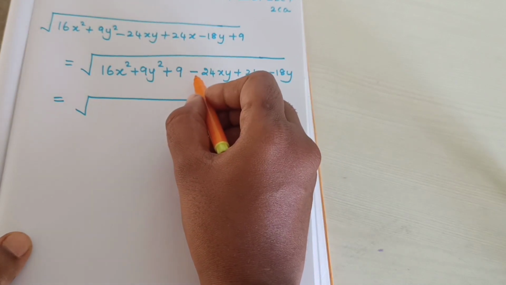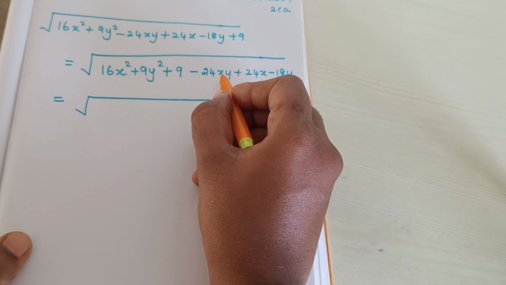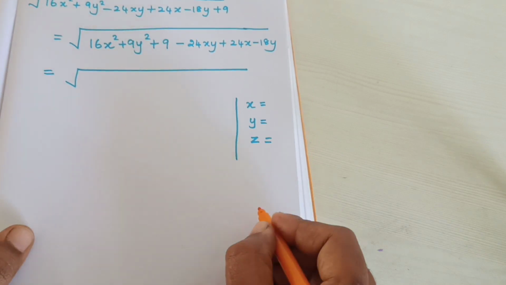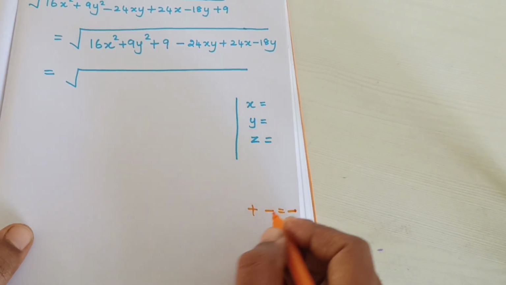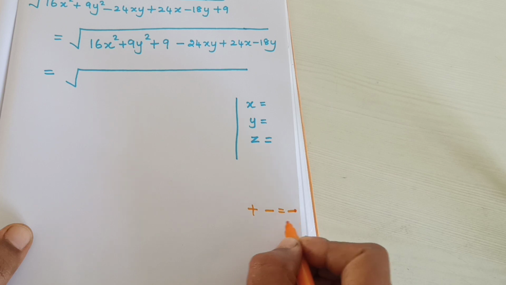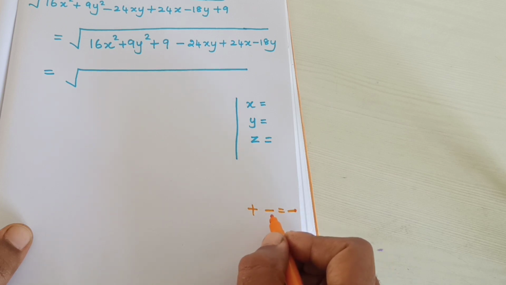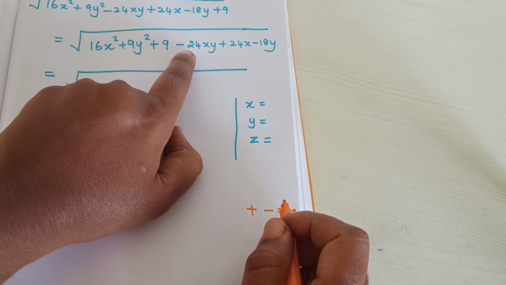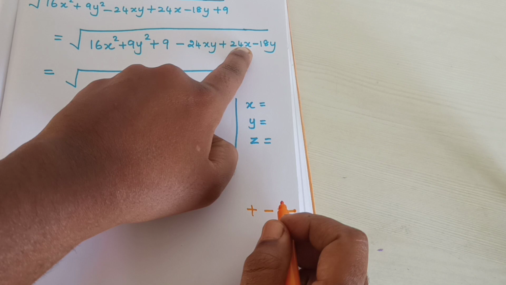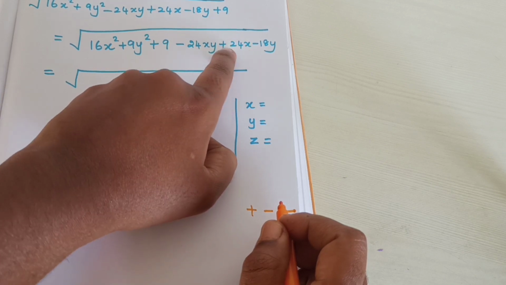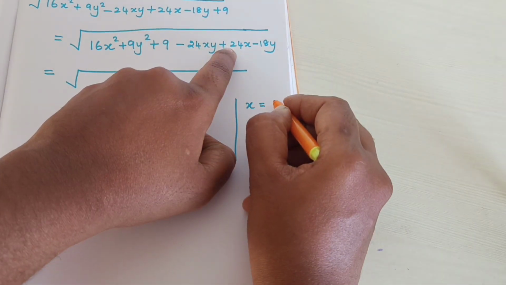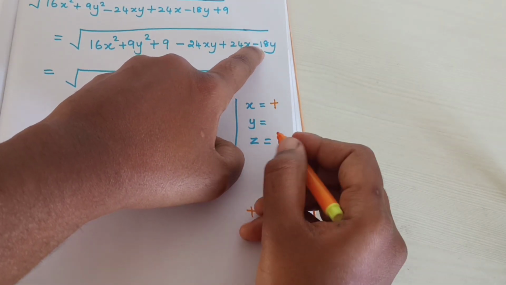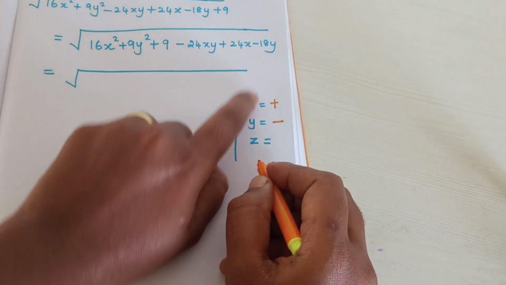It has minus. So what is the meaning? Sometimes x has the minus sign, otherwise y has the minus sign, because plus into minus is only minus. So if you need to get minus, there will be one positive term and one negative term. So sometimes the x term may be minus, otherwise the y term may be minus. Listen, here the x term is positive, so I will mark x value plus. Here see, the y value contains minus, so y value minus.